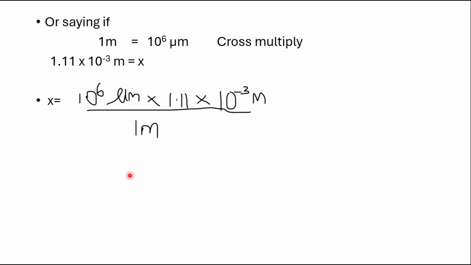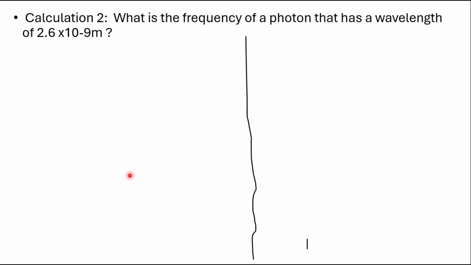Making x the subject of the formula, we have 10 raised to power 6 micrometer times 1.11 times 10 raised to power minus 3 meter over 1 meter. So the x will give us 1,110 micrometer. So doing the calculation, let's quickly solve another calculation, which says what is the frequency of